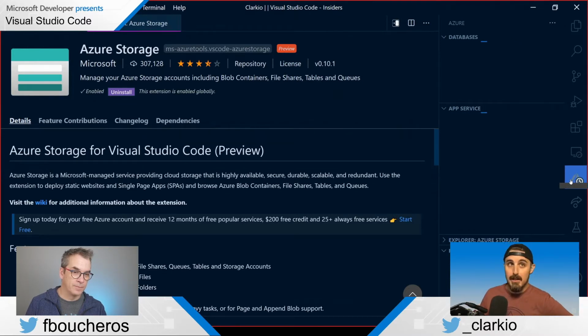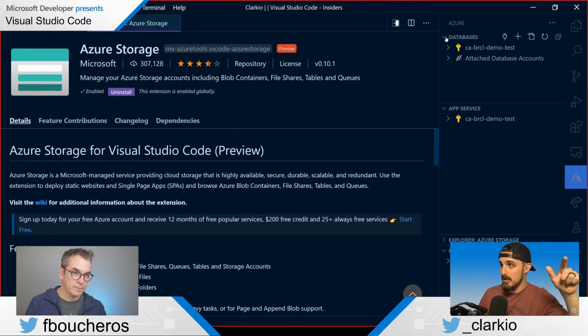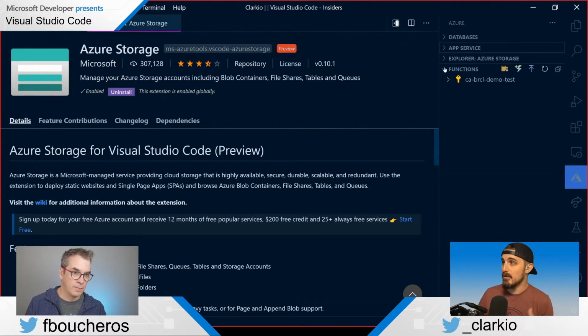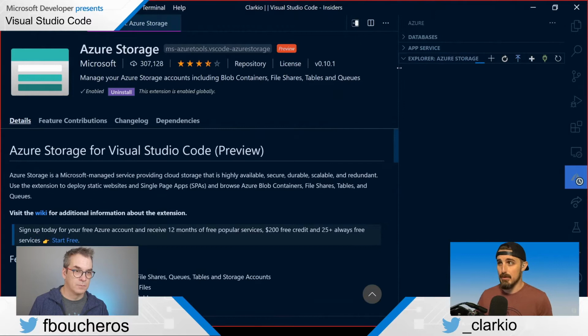The little Azure icon that shows up in the activity bar whenever you install an Azure related extension will bring up this new Explorer, kind of like the File Explorer view, but with these different collapsible sections. In the past, we looked at database, app services, and functions, but now that I have the Azure Storage extension installed, it just gets added as another section as part of this view. And so this allows me to explore any resources or instances of Azure Storage that I have set up, which